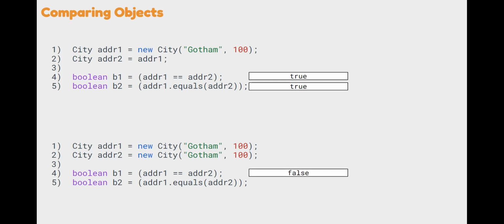If we ask address 1 dot equals address 2, if we call the equals method and pass in address 2 as that other object, and we check if they have the same values for the instance variables, we would find out, yes, they both have the name Gotham and they both have the population of 100. So therefore, they meet our definition of equivalent, and that will evaluate to true. That might make you think about the string class because the string class works in a very similar fashion to